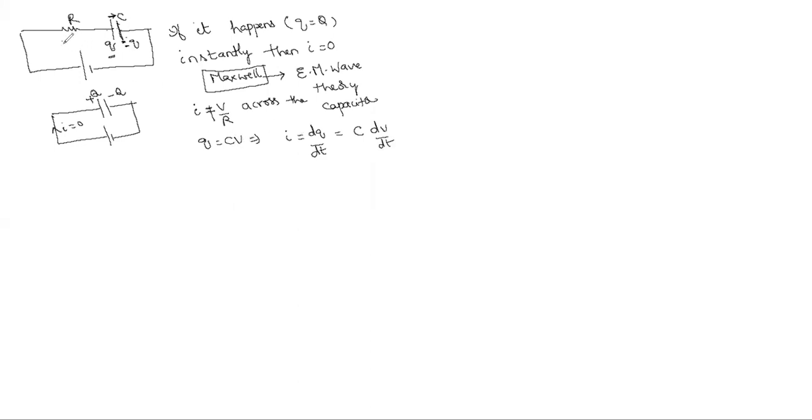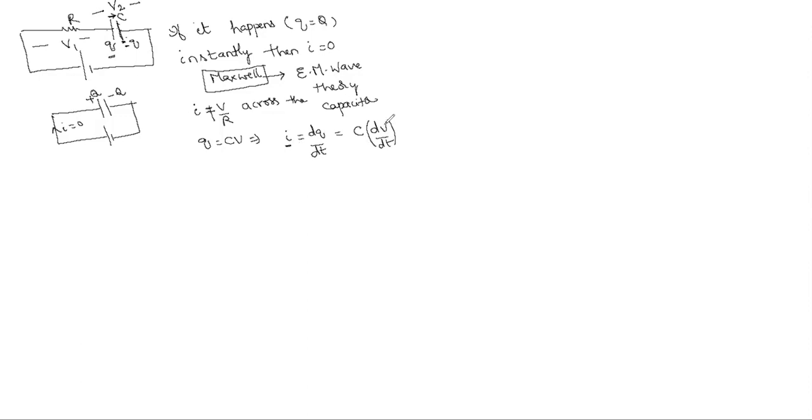Okay, where the potential differences are changing continuously, V1 and V2 across the two components. Across the capacitor, I'm taking the potential difference as V2. Across the resistor, I'm taking the potential difference as V1. That V2 is changing, so the change of V across the capacitor gives some current.